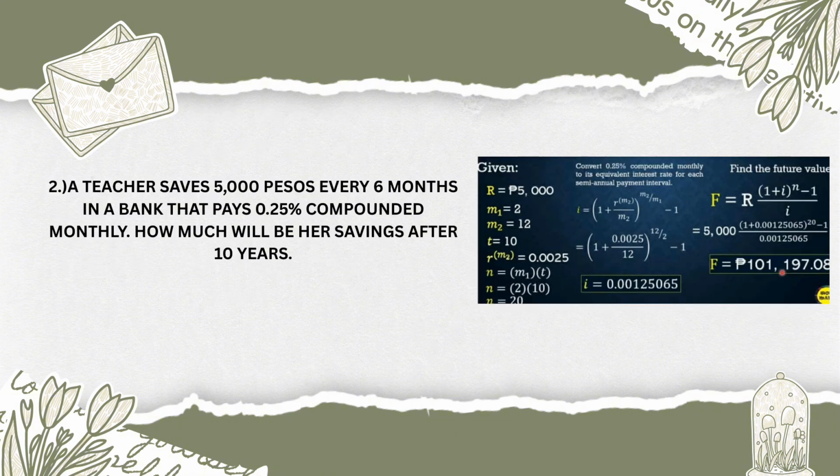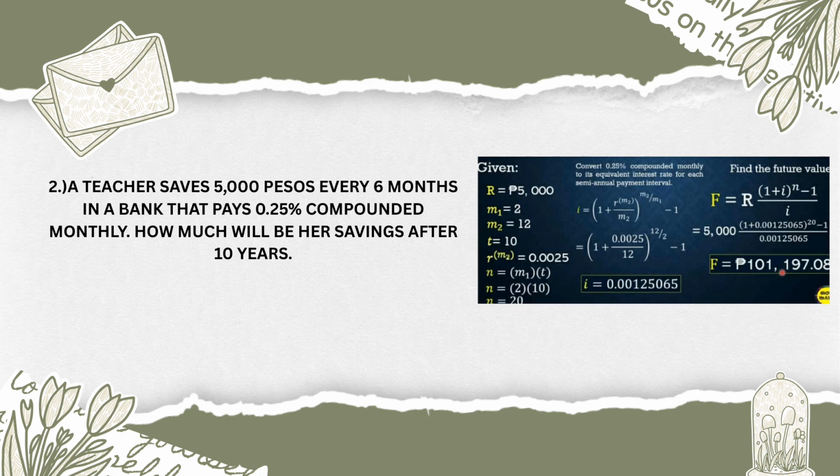And for the next example, a teacher saves 5,000 pesos every 6 months in the bank that pays 0.25% compounded monthly. How much will be her savings after 10 years? So the given here is R equals 5,000 pesos, m sub 1 equals 2, m sub 2 equals 12, t equals 10 years, n equals m times t equals 2 times 10 equals 20,